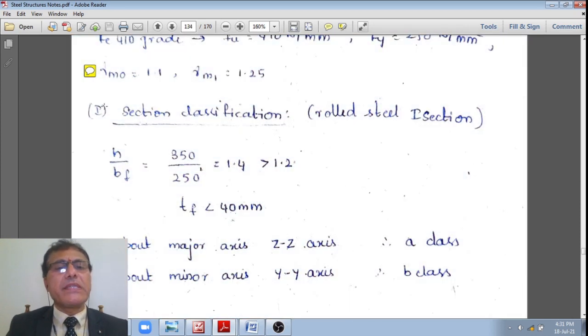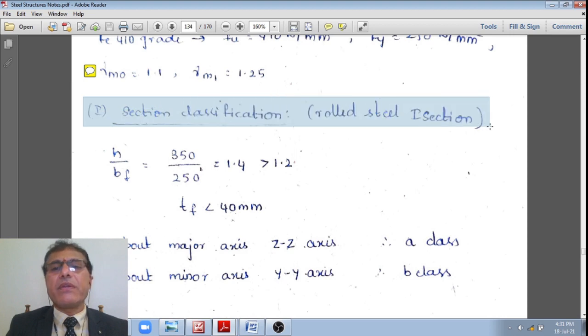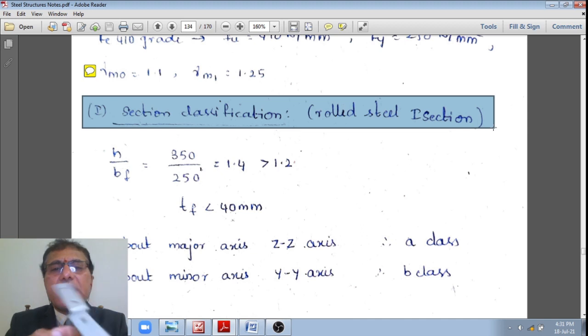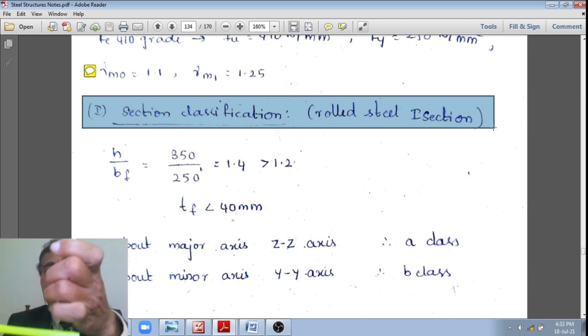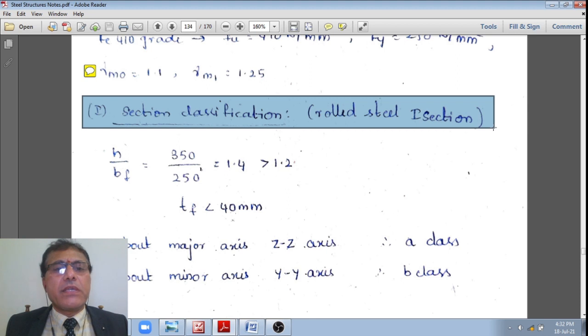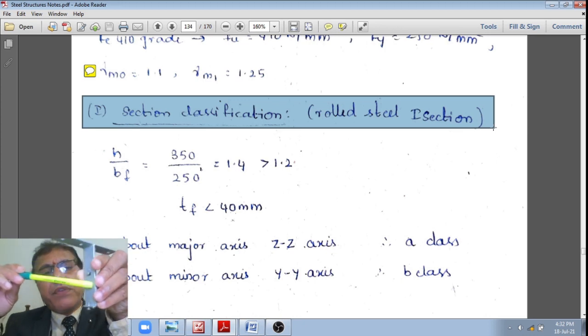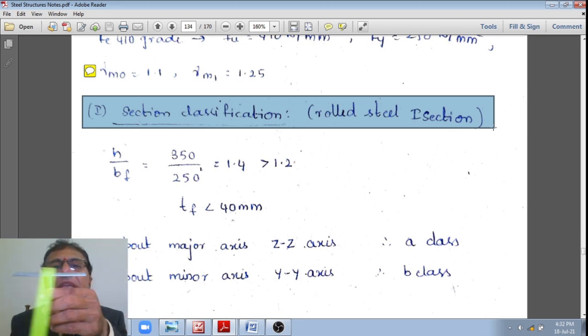Now, first subheading is the section classification for rolled steel I section. Please make a note that we are using the rolled steel I section, right? Like this, right? I'm just showing the flange as well as the web part of this, right? Similarly, up to the neutral axis I'm showing, right? And so, what is that H by BF, right? H is already given. The depth of the section is given as 350 mm, and width of this flange is equal to 250